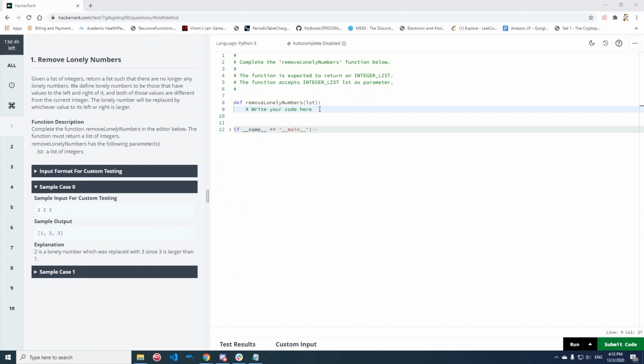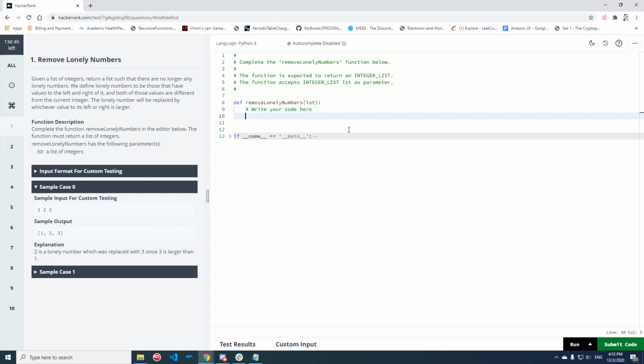So if we go ahead and try coding up a solution to this, as I mentioned, the first number in the list will never be lonely, and the last number of the list will also never be lonely. So if we want to loop in the list in the appropriate indices that correspond to that, we're going to start at 1 because lists are zero index based, meaning 0 is going to index to the first element of the list. So we want to actually start at 1, and we want to go until the length of the